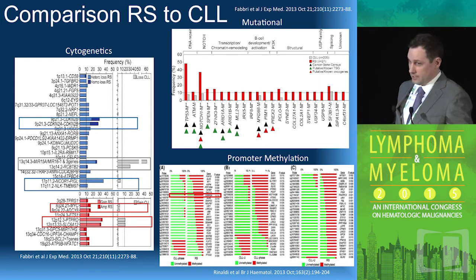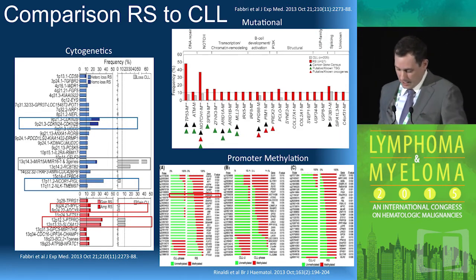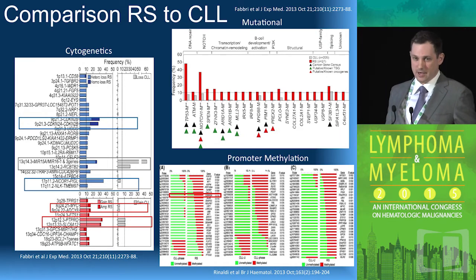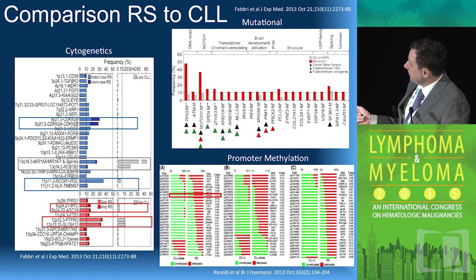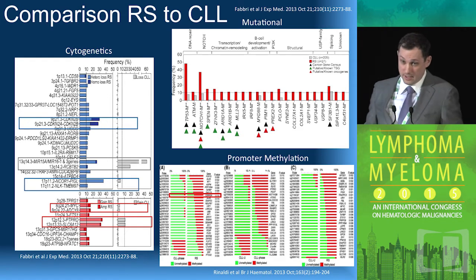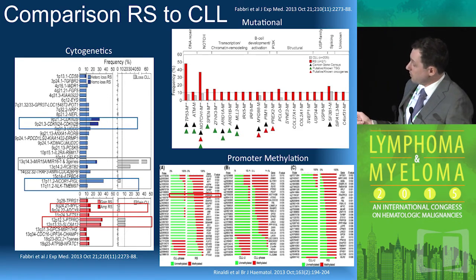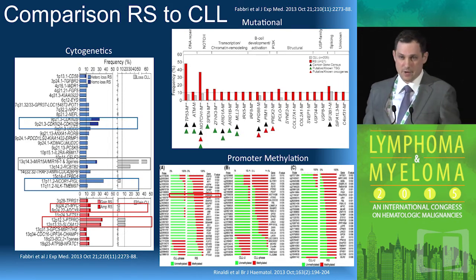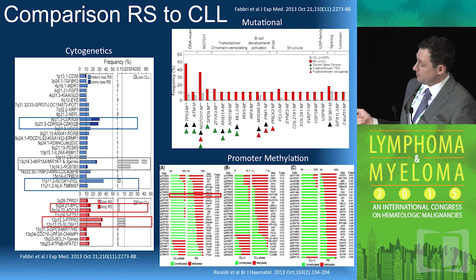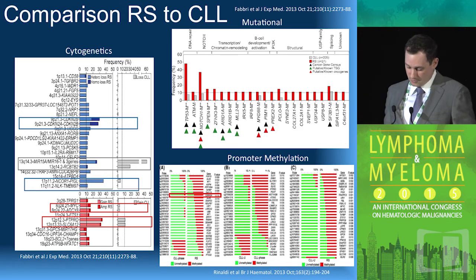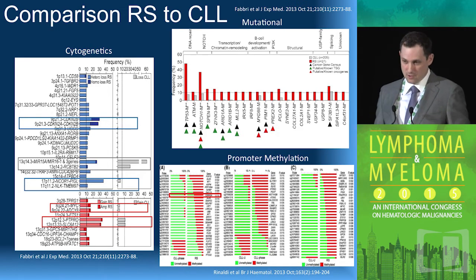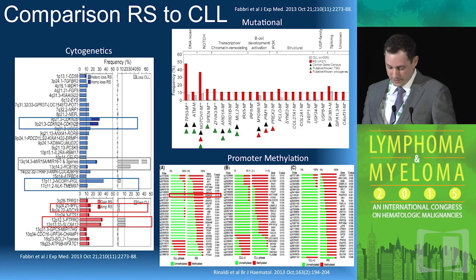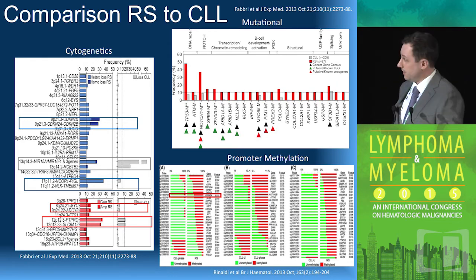And then similarly, these two papers kind of came out very close to each other in 2013, and similarly we found epigenetic differences between the precedent CLL and at time of transformation. I just want to highlight here again, CDKN2A is also one of the most hypermethylated regions, so you might expect that hypermethylation of this region is going to be a very similar effect as a loss of that chromosomal region. And so there are absolutely clear differences between the epigenetics and the genomes and then the chromosomal abnormalities seen in Richter syndrome compared to that preceding CLL.